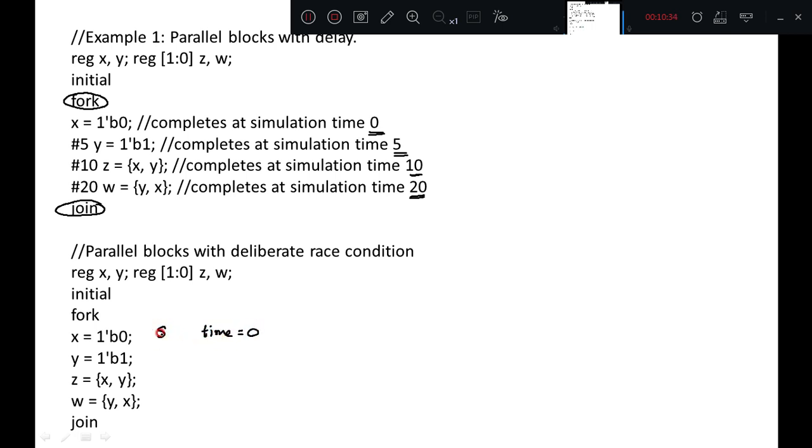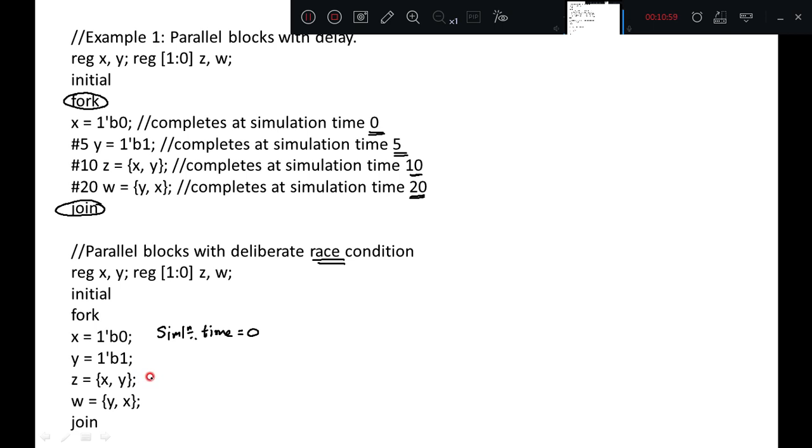The entire process is completed at simulation time 0. But whether x is updated first or y is updated first or z or w, it entirely depends on the simulator. This may lead to a race condition, or we can say that we can get unexpected results.